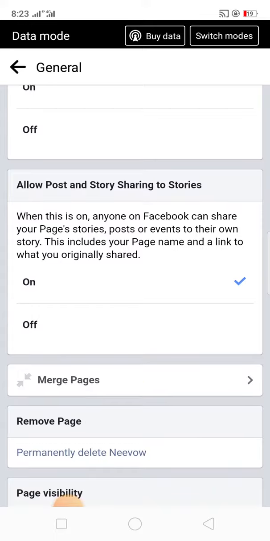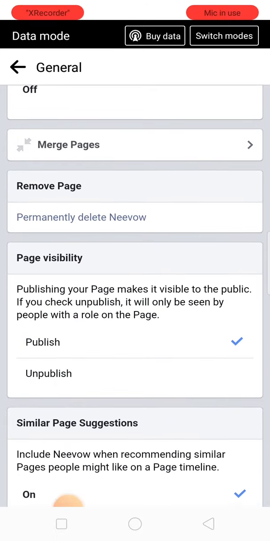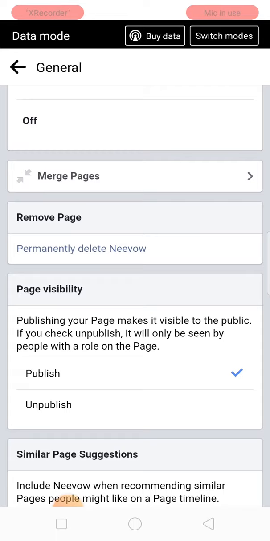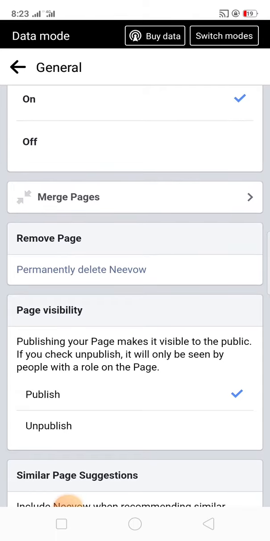Scroll down and here you can see that there is remove page and permanently delete Nivo. I want to delete this page permanently. Then I click there